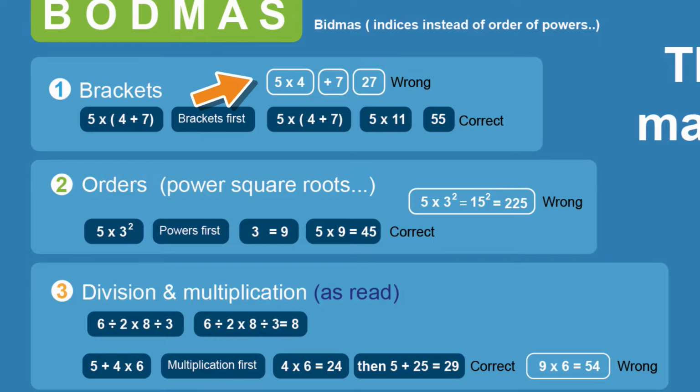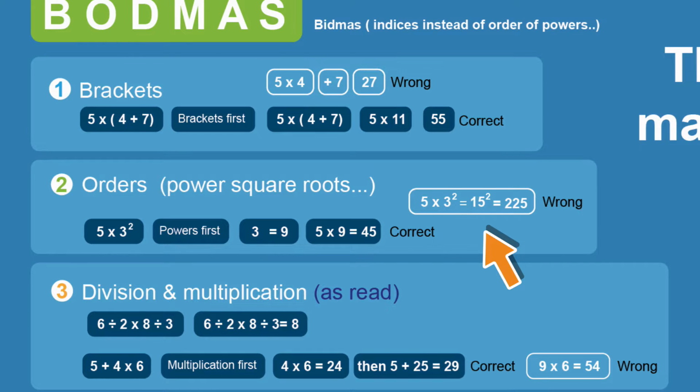It's not 5 times 4, plus 7. That would equal 27. It's 4 plus 7, times 5. 4 plus 7 is 11. Times by 5 is 55. 55 is the correct answer. And orders as well. We do the square first. We square the 3, which is 9. And 5 times 9 is 45. That's the correct answer. It is not 5 times 3, squared. 5 times 3 is 15. 15 squared would be 225. So you can see the order in which you do the sums becomes quite critical,